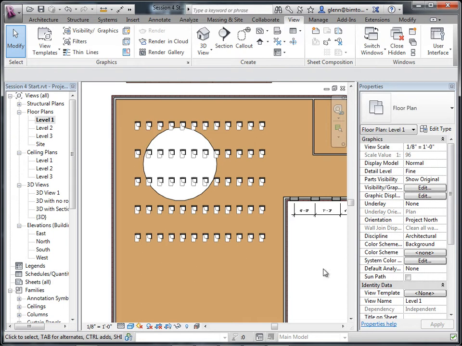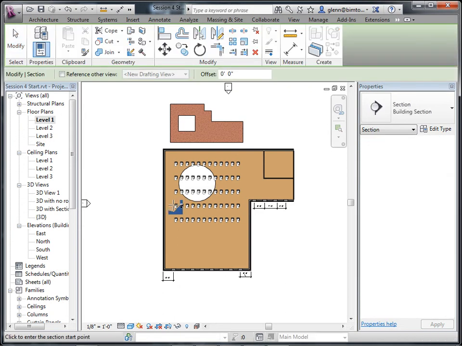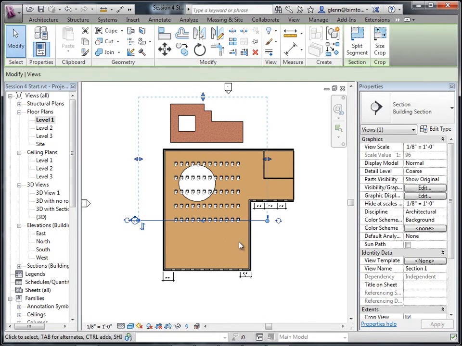I could do it in section, or in elevation, but I'm actually going to cut a section because I think that will help me the best. I'm just going to cut a section across the building right here to here. And why am I doing that? That's just going to be a really good working view. It's going to show me exactly the area of interest right now. So if I go to that section,